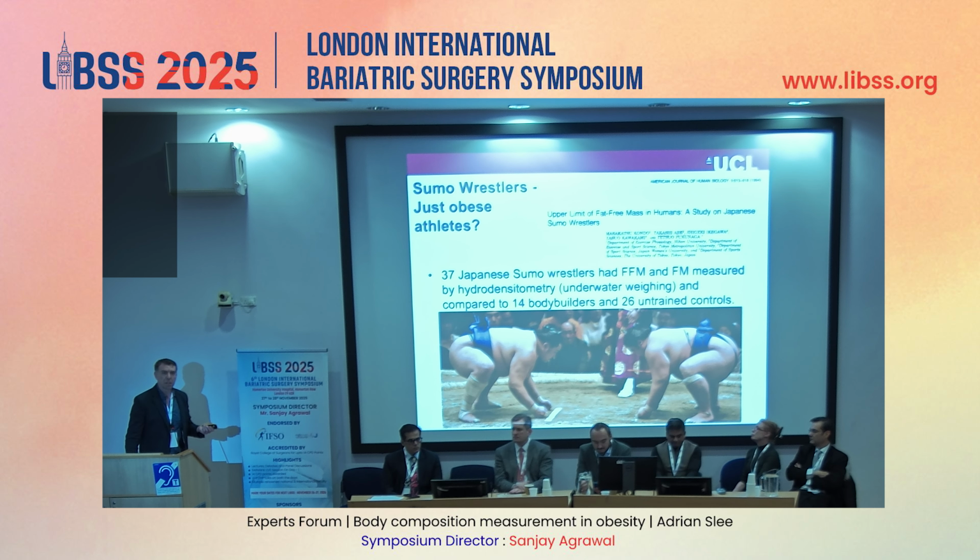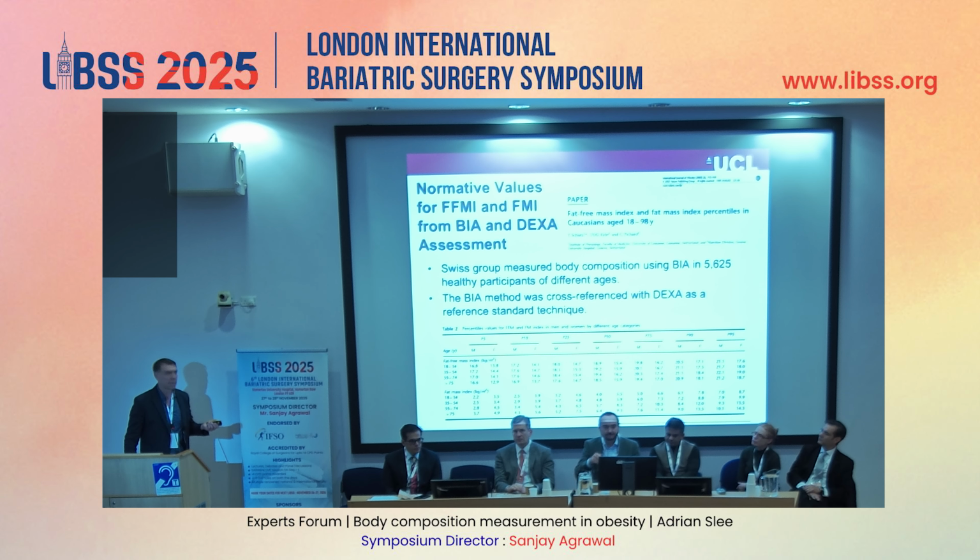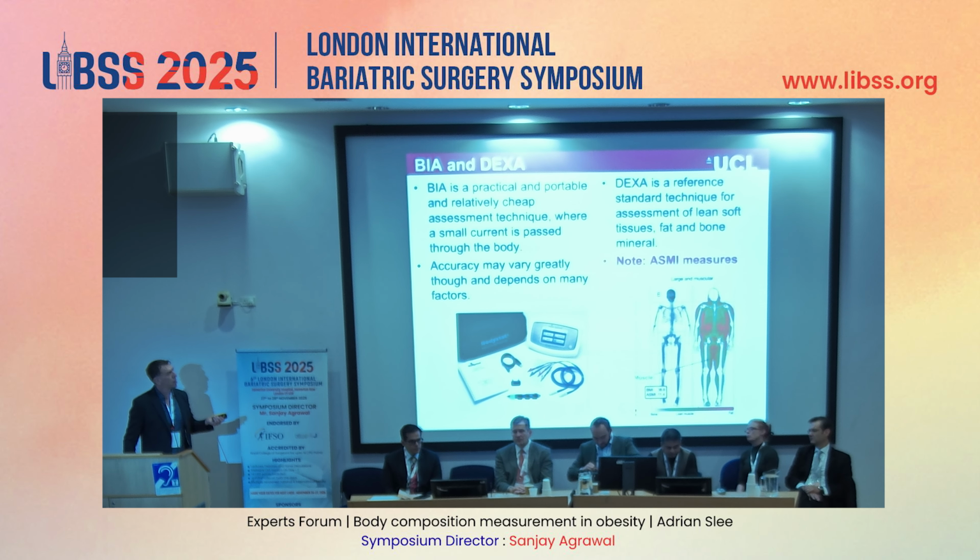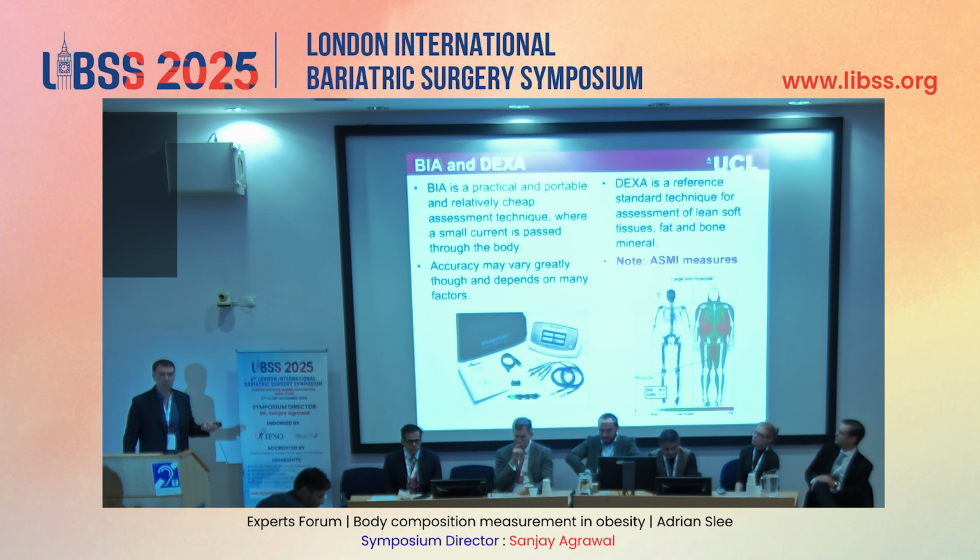So one example of a study, this is who I usually quote, it's a group over in Switzerland when I look at malnutrition risk type studies. They did a bioelectrical impedance technique and validated this with DEXA, which is a reference technique for looking at fat-free mass and fat mass index, and the idea is you have centiles then for a normal population group. And again, I'm just trying to highlight some techniques. So BIA, this is the body stat technique, so there's different ways of doing this. They vary in accuracy, very important point, but it's a portable technique, but it needs to be validated using a reference technique like DEXA, where you can measure things like fat-free mass and appendicular skeletal muscle in the limbs.